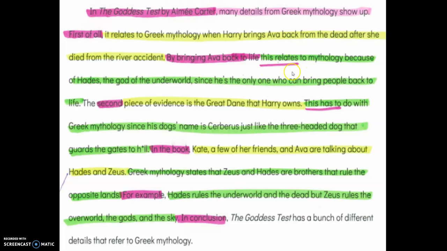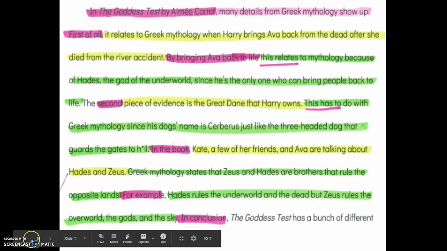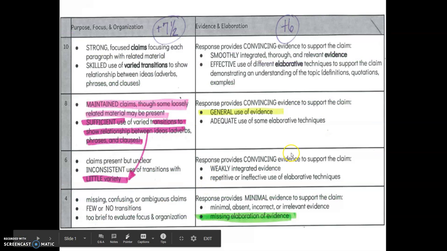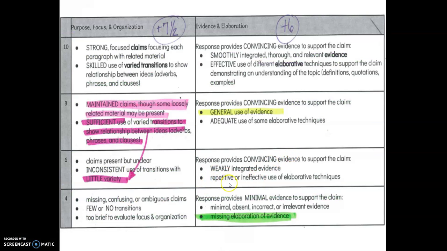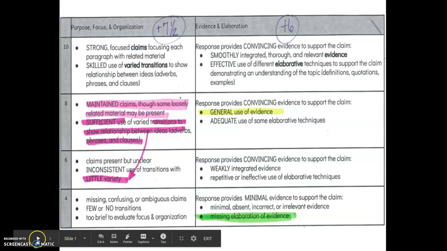Now, one of the things I want to point out here, you can see that I have "this relates," "this has to," "this supports my claim." In looking at our explanation, if you have the "this," I probably rated you here with repetitive. It's very repetitive to say that this supports the claim or this is the explanation. Just go into the explanation. Show me. So what I would say, let's look at